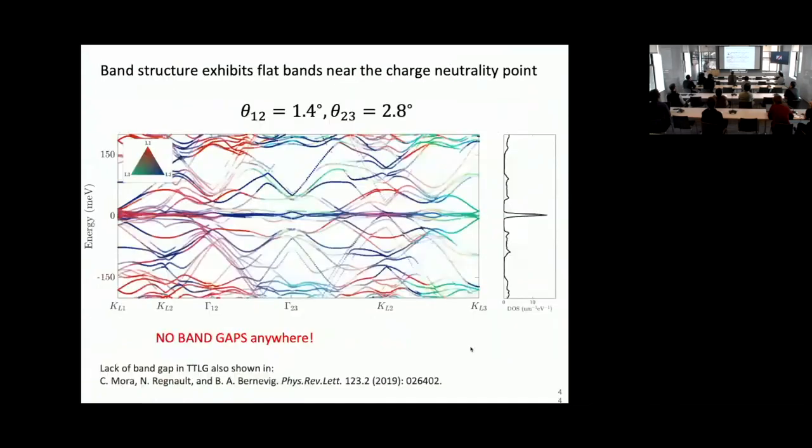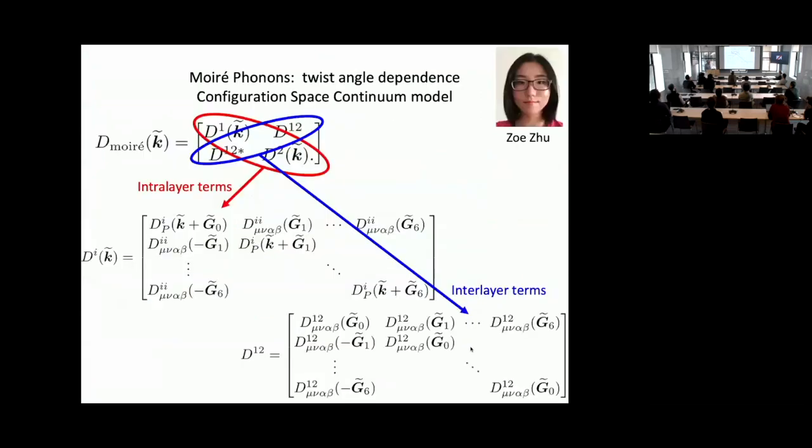Here's a band structure for a particular set of twist angles, large density of states at the Fermi level again, but no gaps anymore. You don't find gaps anywhere. And we can extend also this. Very recently, we published again a paper on